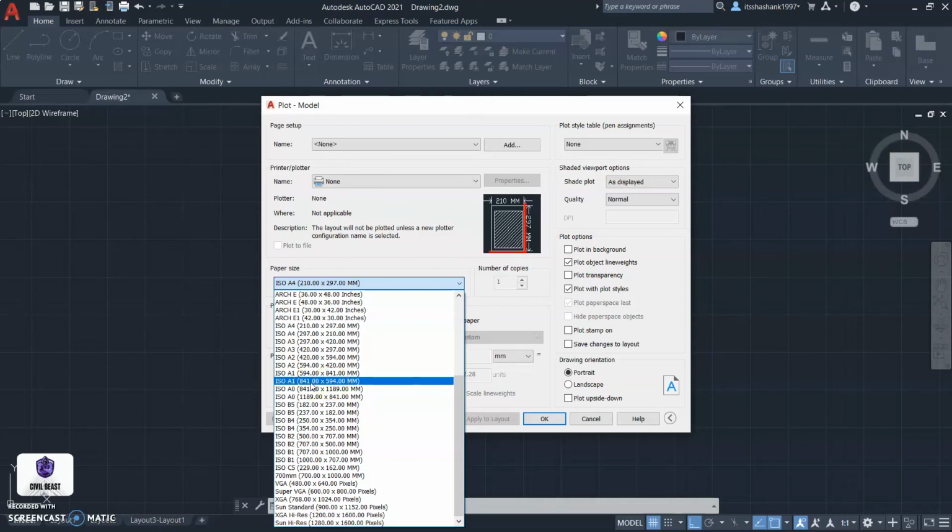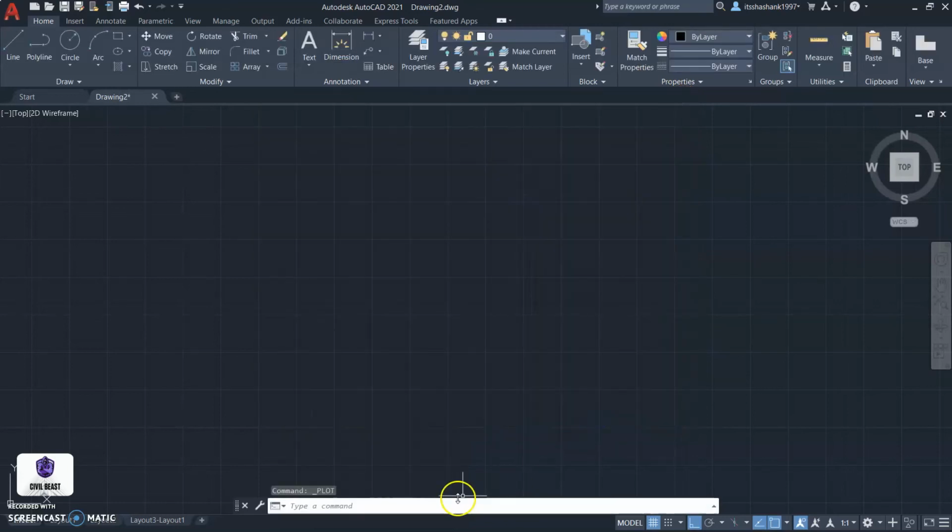If you want to do your drawing in landscape mode, then the first dimension will be bigger and the second dimension will be smaller. So we will take the dimensions 841 as width and 594 as height. Like this, there are ISO A4, ISO A2, A1, A0, all dimensions are here. So we will go back to the MB setup command.